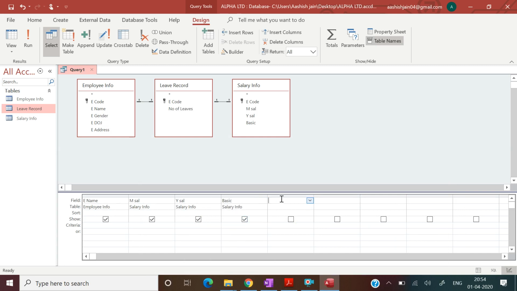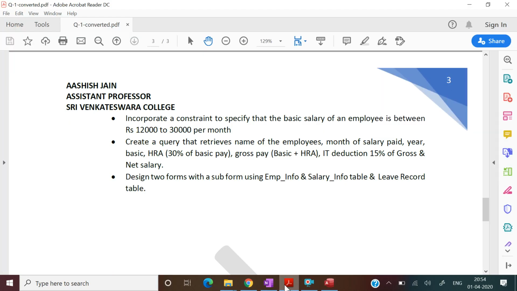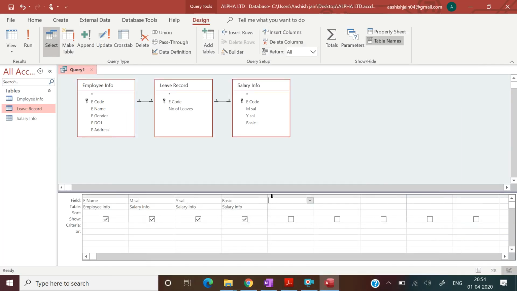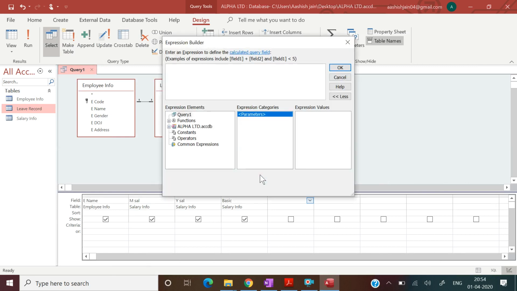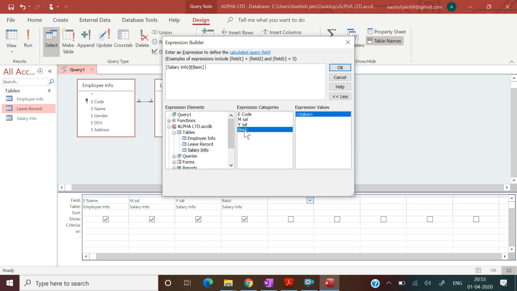Now we need to build a special expression for the HRA. Now the HRA is 30% of basic pay. So right click over there, go to build. Now we need to get basic from the table that we have created. Go to Alpha Limited, tables, salary information, and double click on basic.